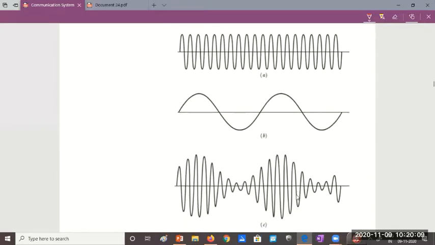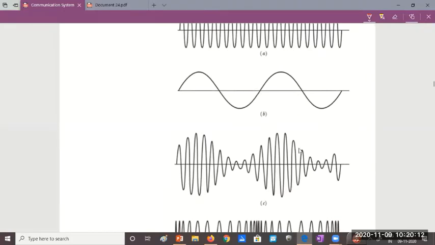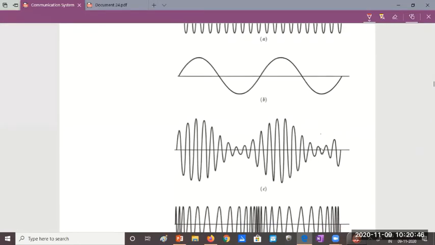And C here represents what? What does C represent? If sine message and a sinusoid carrier like this, looking at C, can't you tell what does it mean? Yes? Somebody please answer. Yes, it is amplitude modulated signal. You see the amplitude of this carrier is changing in accordance with the message. So this is amplitude modulated signal.